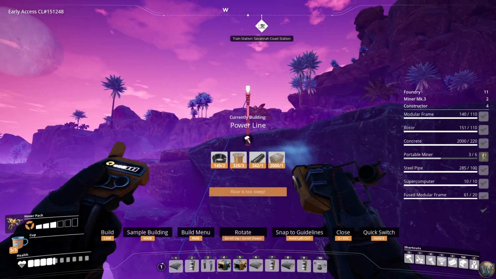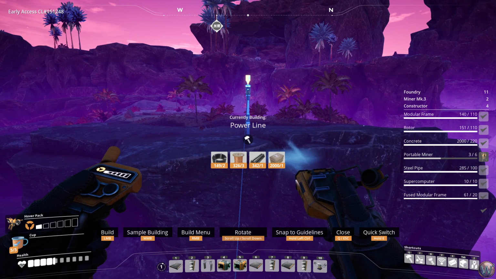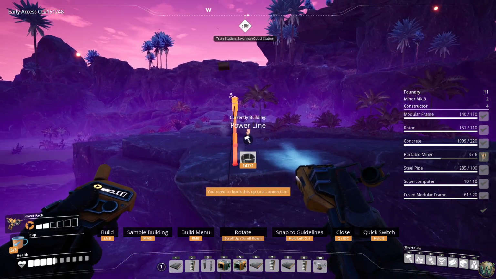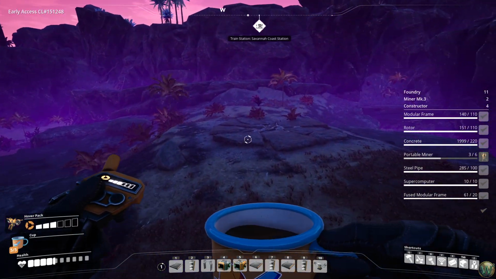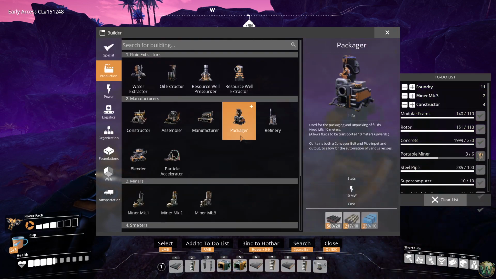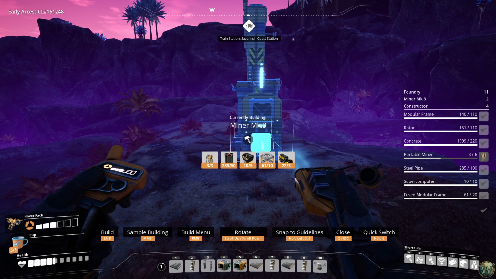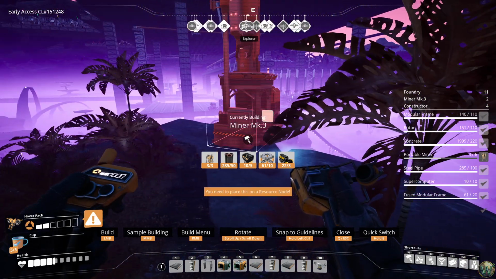Please, thank you. Stay close to it, but try and climb up here on the mountain. Maybe we'll go that way. There we go. And you go this way, and I think I can just... We used this for a little while. That's right. We used this one. Okay, miner Mark III once again. Or did I have 3 of those picked? I don't know. Let's go...